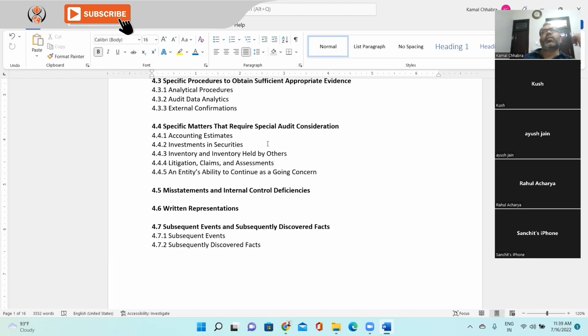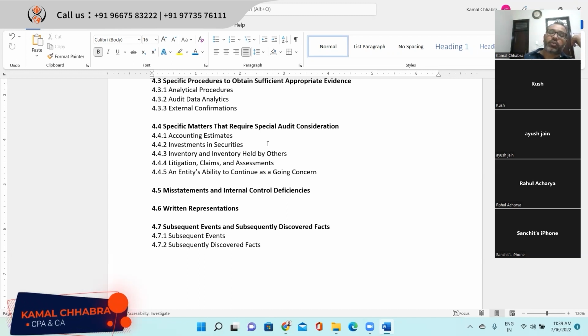Subsequent events are also of two types. One is for which an accounting entry is required, and one for which only disclosure is required. So we'll be learning that also in detail. Last one is subsequently discovered fact. So like we discussed in an example, there's certain fact which you have discovered later on. Like for example,